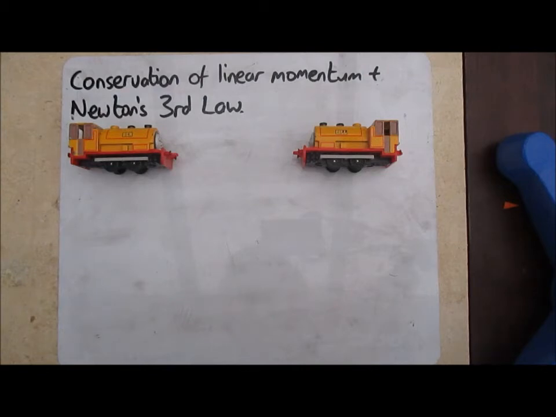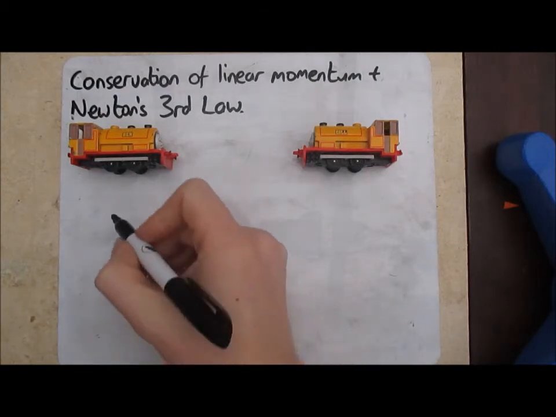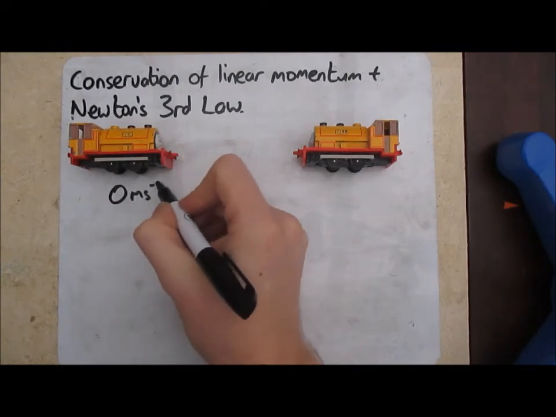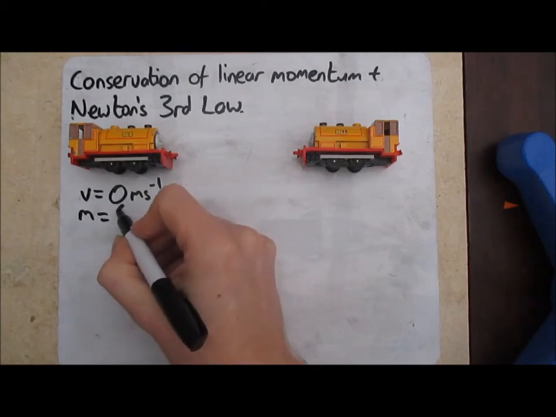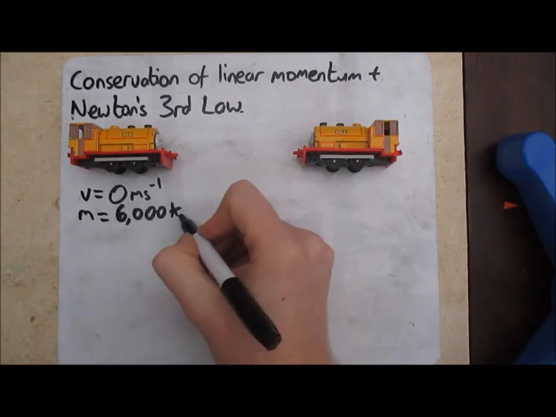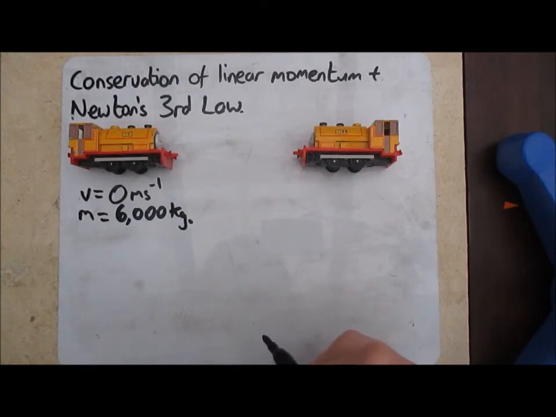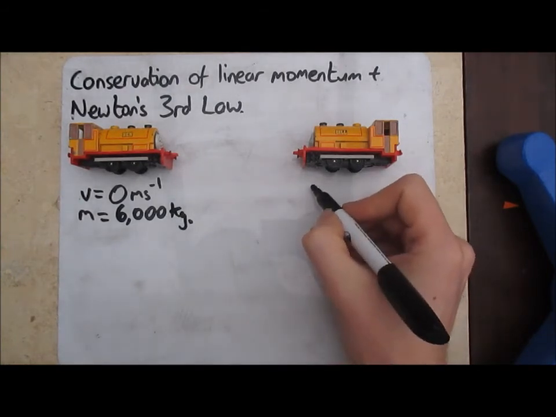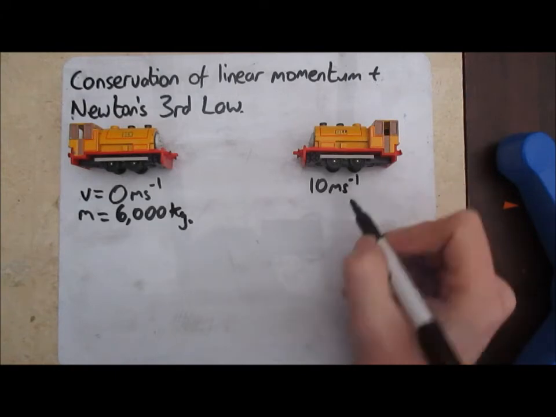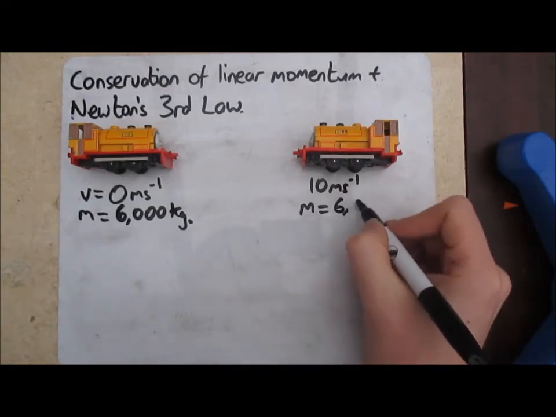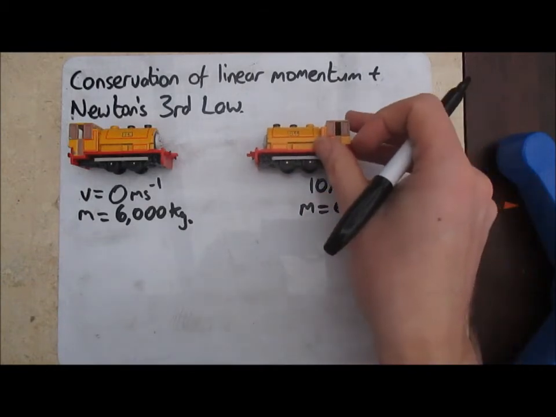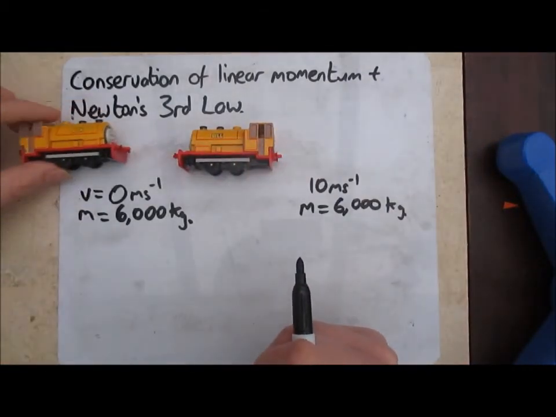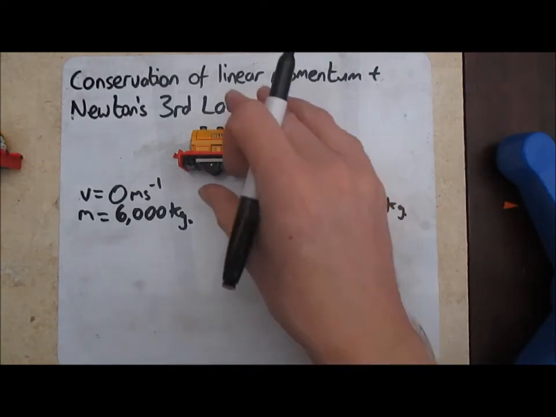So if we look at a case here where we've got two objects of similar mass, we've got Bill and Ben, twin engines. Now we'll have Ben as stationary, so that's 0 meters per second, and we'll say the mass here is 6,000 kilograms. On the other side we've got Bill, who we'll say is moving at 10 meters per second, and also has a mass of 6,000 kilograms. We're going to look at a scenario where they do not join together. So Bill comes in, collides with Ben, and Ben then moves off,